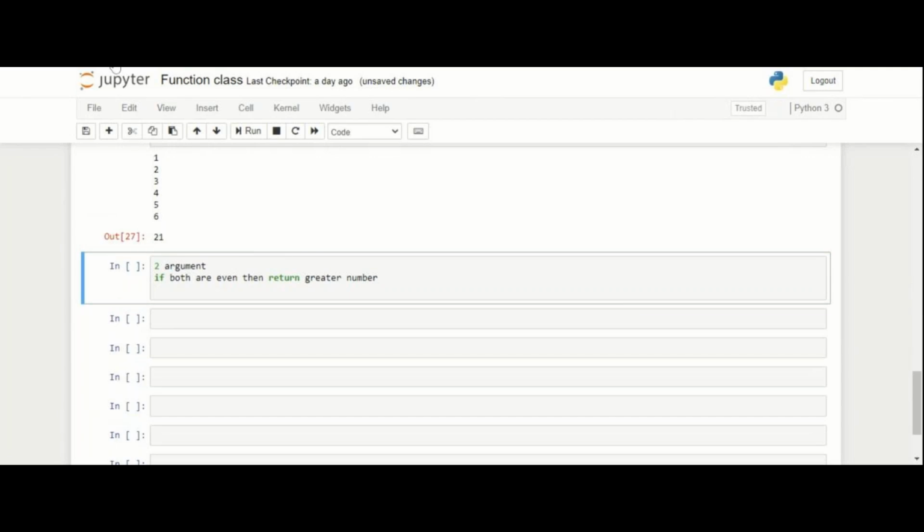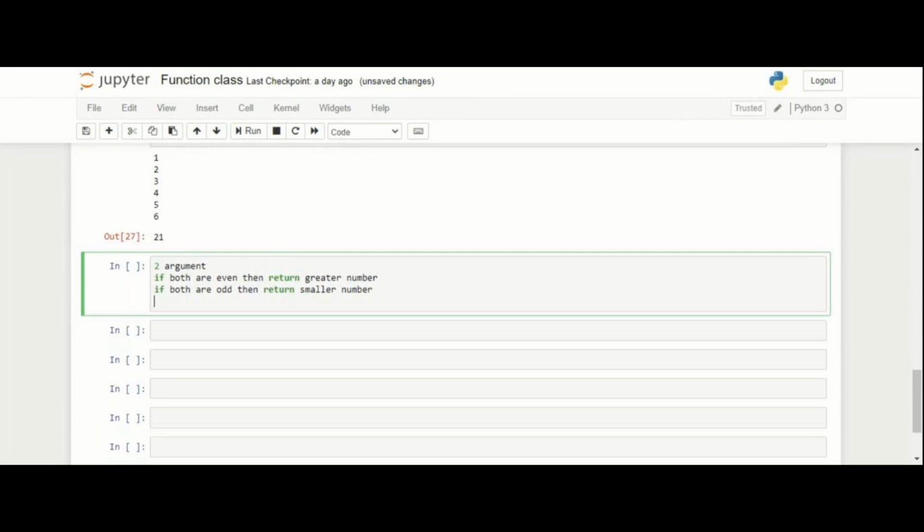If both are odd, then return the smaller number, right?